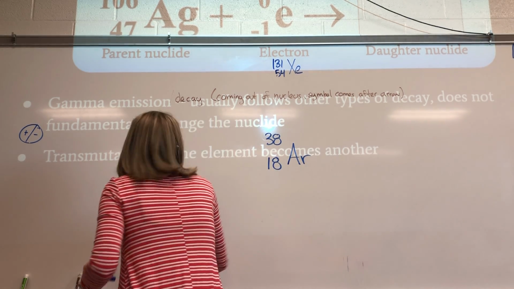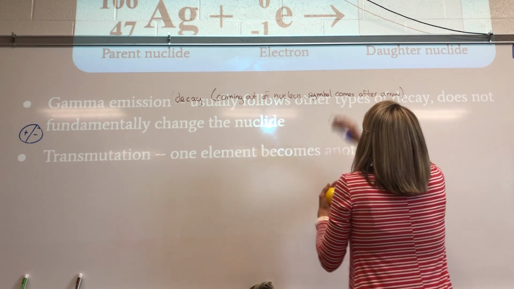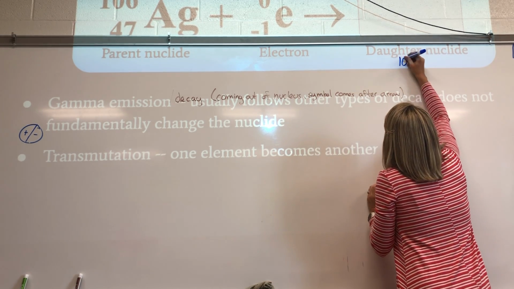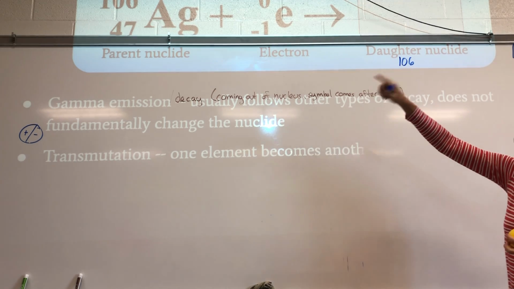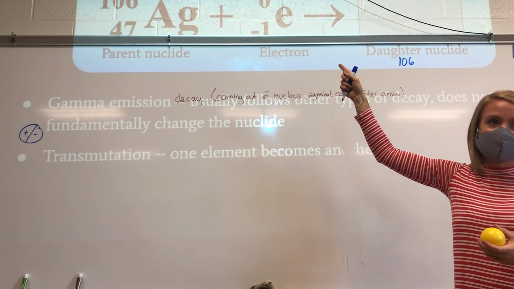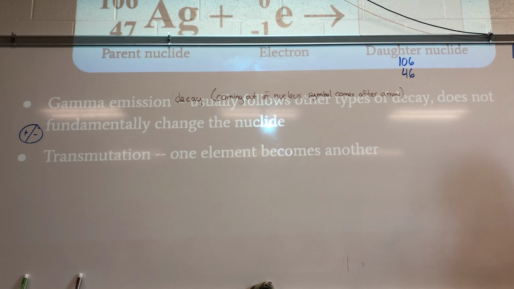Now the mass doesn't change. The mass is still going to be 106 because they have no mass. But now that the arrow's over there, it's 47 plus -1, so 46. Which means its element